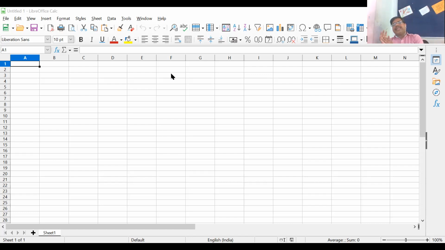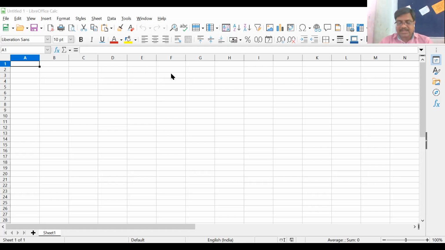Now the next part. In Calc you have to know how many rows and columns are available. In Calc there are 10 lakh 48,576 rows.